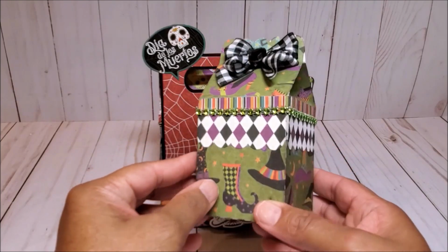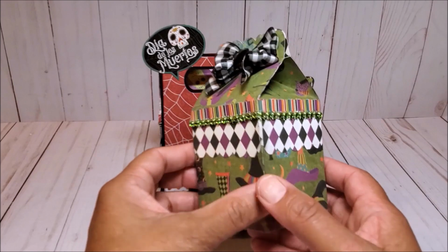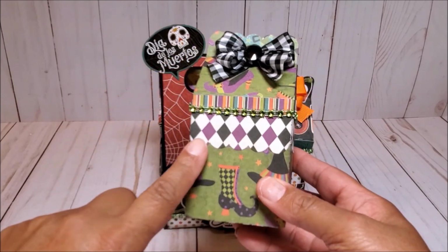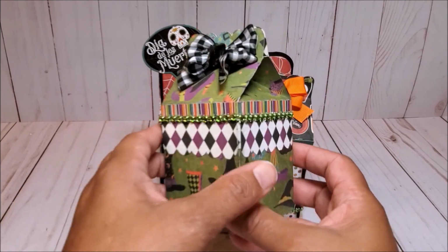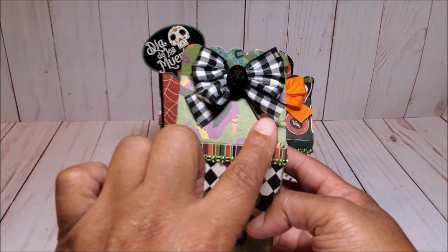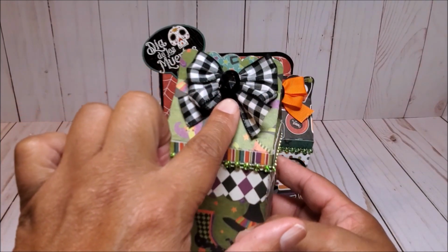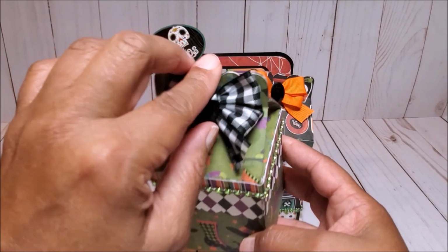As you can see, I've had lots of fun mixing each of these individual patterns. Now, in your milk carton file, you will have the base, you'll have this scallop trim, and then another piece on the top. I did adorn this with this fun green rhinestone all around. I added this fun double layer bow in a black and white gingham pattern and put this oval black faceted gem in the center. And then to close the milk cartons,